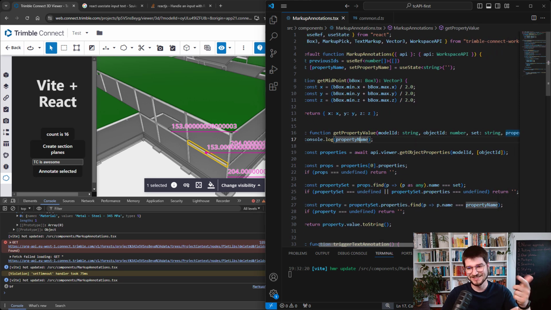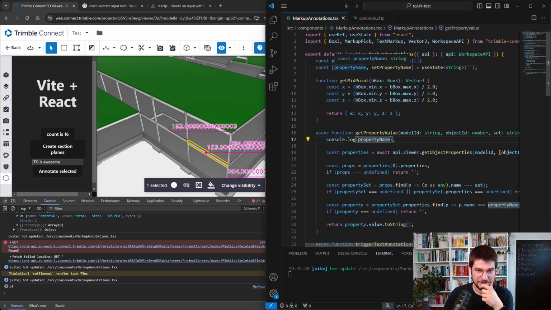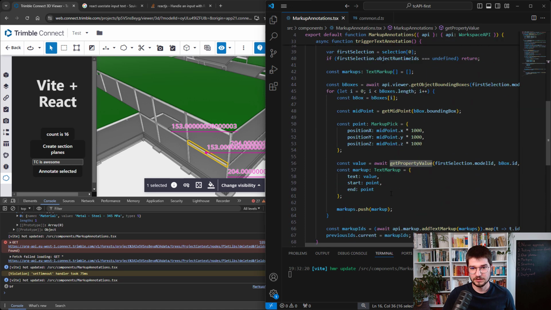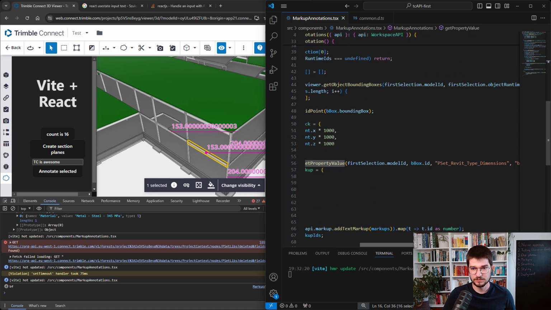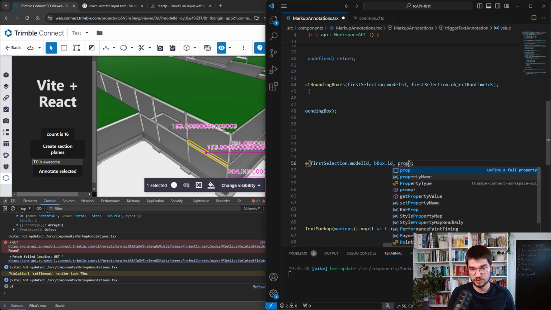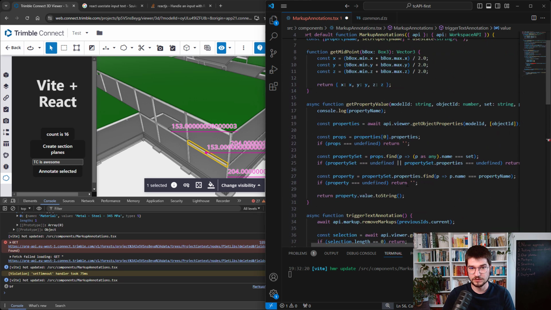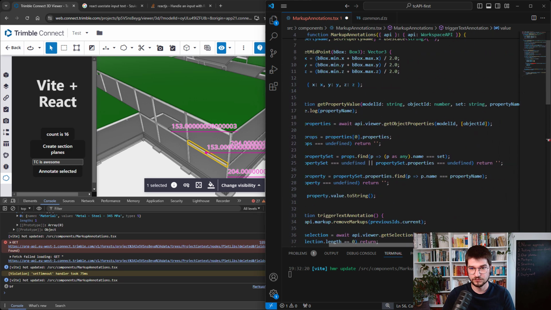Sorry, this internal function property name is the same as here. So yeah, that's not the best idea. So where we are reflecting this get property name, it was done somewhere here. And here we have provided this split for the property set name and the property name. So now let's here do the property name. Let's provide one object, and of course it needs the change of that place,